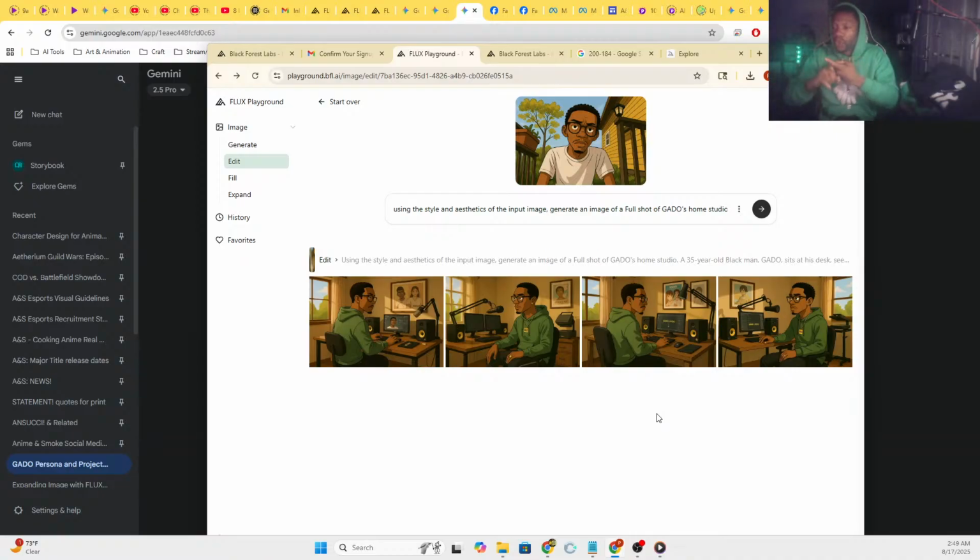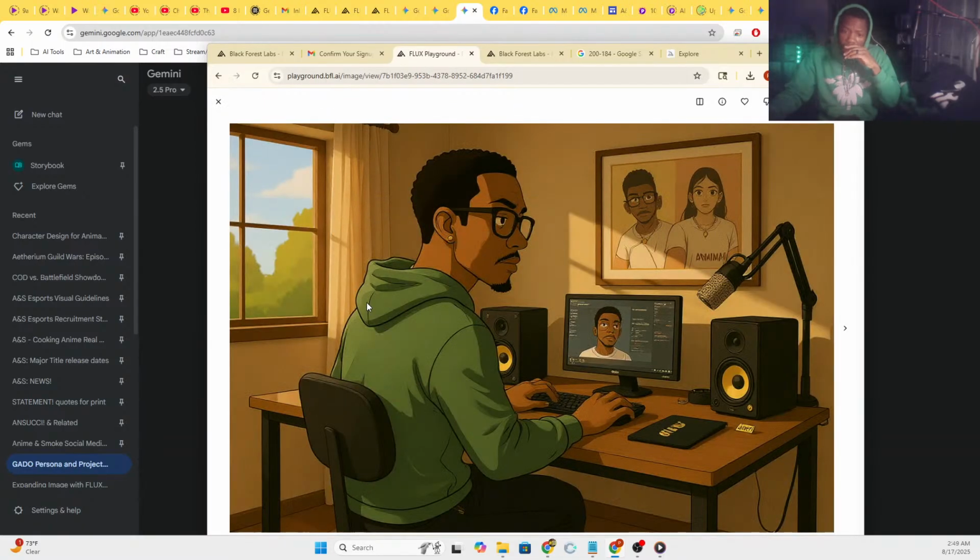It needs to be dual monitors. See, that one's not bad. That full screen one, yeah, it's not bad. The issue is